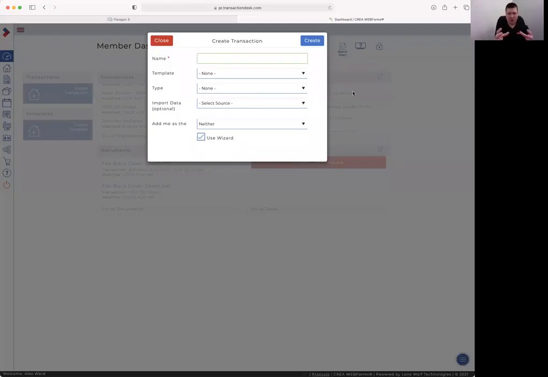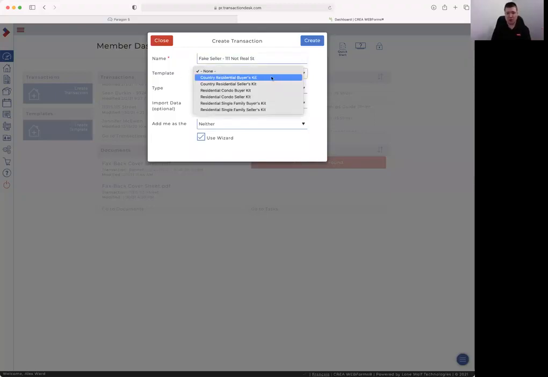Again, this is going to be your place where all your forms are going to be. All right, so we've named the transaction. For me to know who it is, it's going to be fake seller, seller's name, their address, and then I'm going to click on template. These templates I've created for all scenarios except commercial